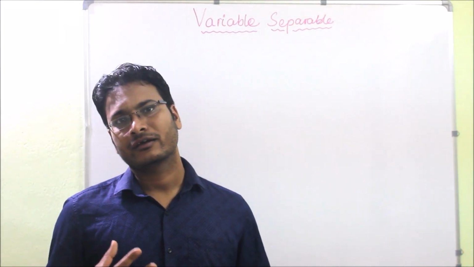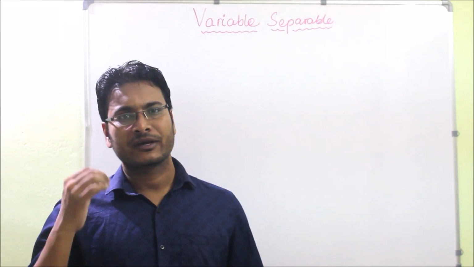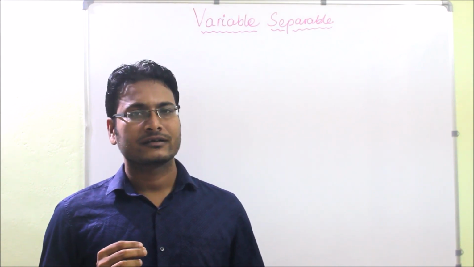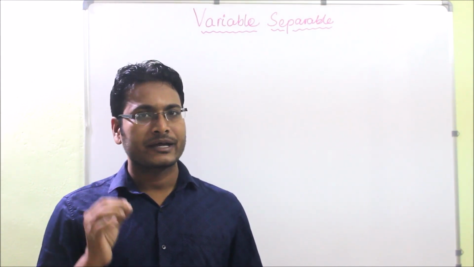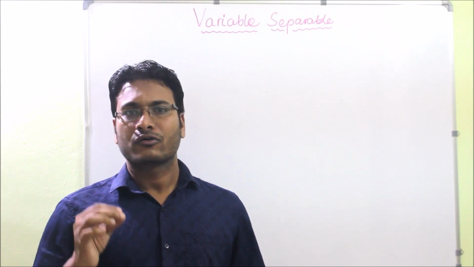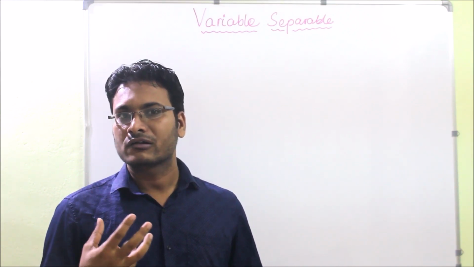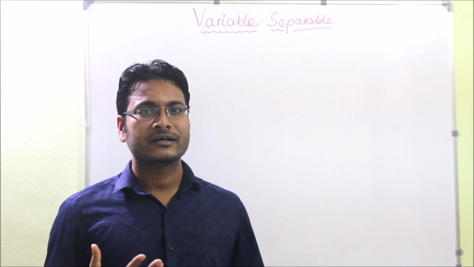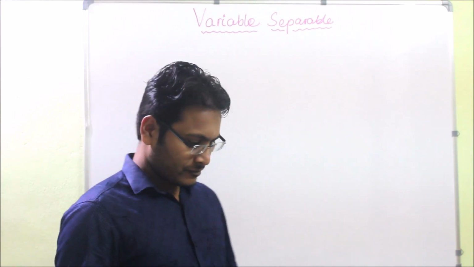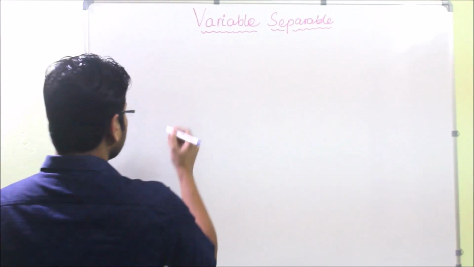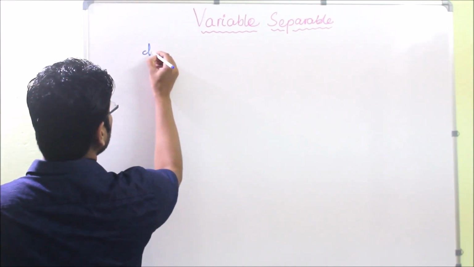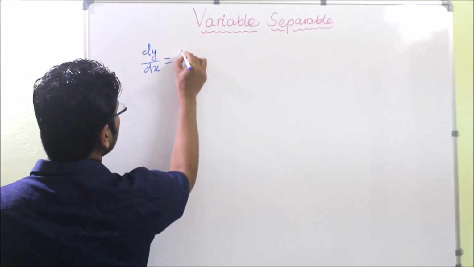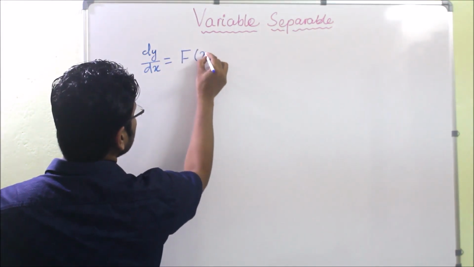Welcome. Today we are going to see one of the very basic methods to solve ordinary differential equations, and that method is called the variable separable method. So what is that, and how do we solve an ordinary differential equation using the variable separable method? That we have to see. So in general the differential equation will be in this form: dy by dx equal to capital X f